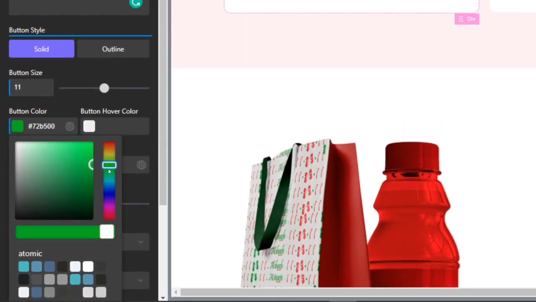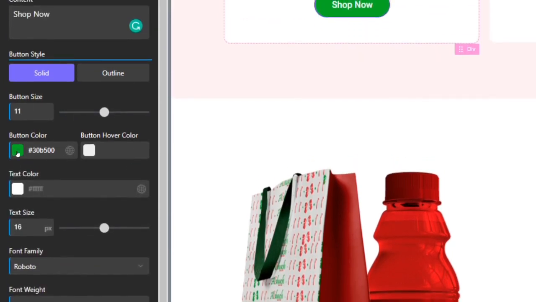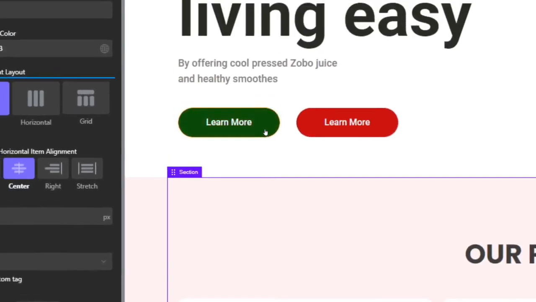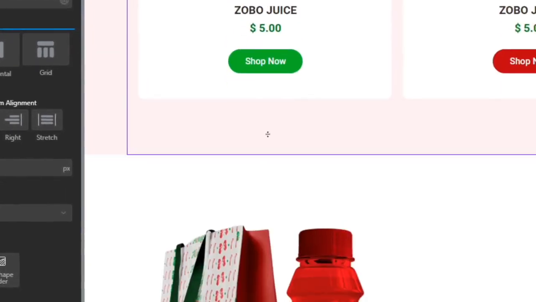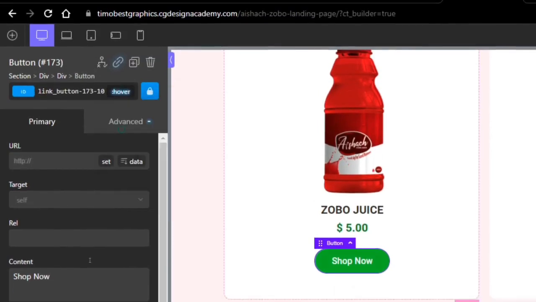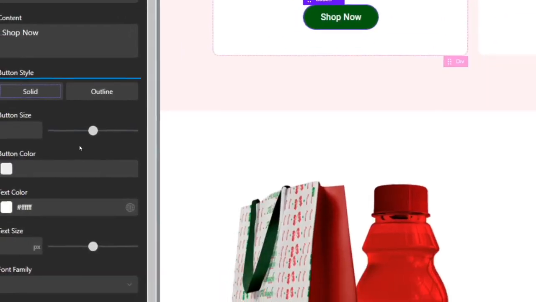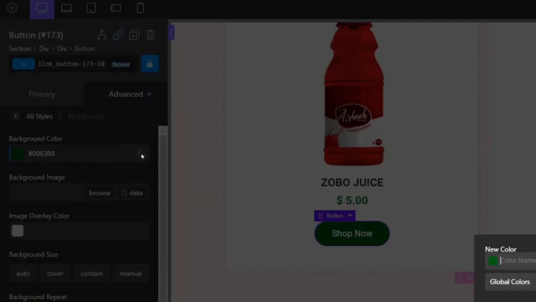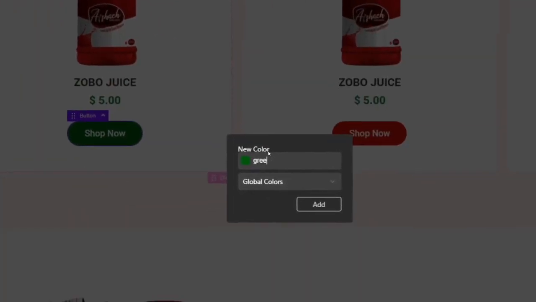Your brand green. And see, I don't think you have a global color. You don't save your global color. As we have styled this thing now, you should save this red as a global color and that green also as a global color. So we're going to go to hover, and on hover we're going to go to background. This is the color we will have here. To save it as a global color, click on this global element, call it green, so we can reuse it